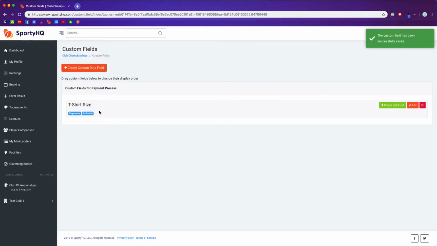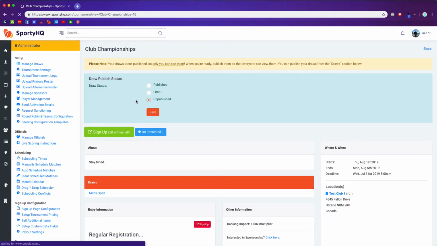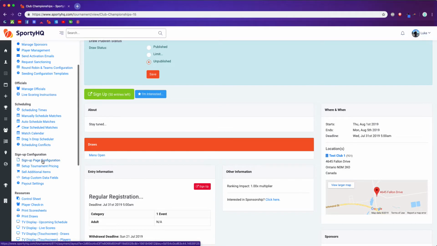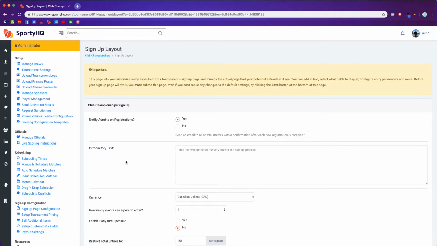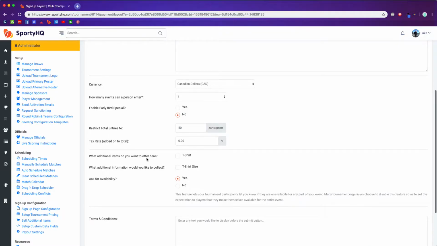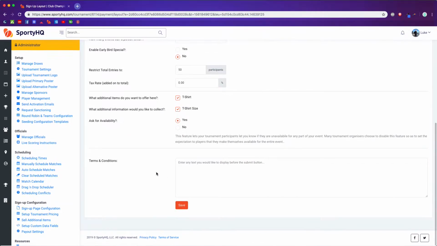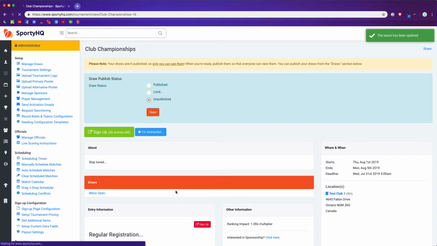Okay, so I think we're happy with the information that we're collecting or going to be collecting, but we need to add it into the sign-up process. So we've set everything up. But to finish off, we need to go back to sign up configuration, sign up page configuration, where we've already been, but now we're going to see a couple of additional options right here. So we can decide to attach this to the sign up process, which we just made, and then also that custom data field that we just made, we're going to add that as well. So once we've added them and we hit save,